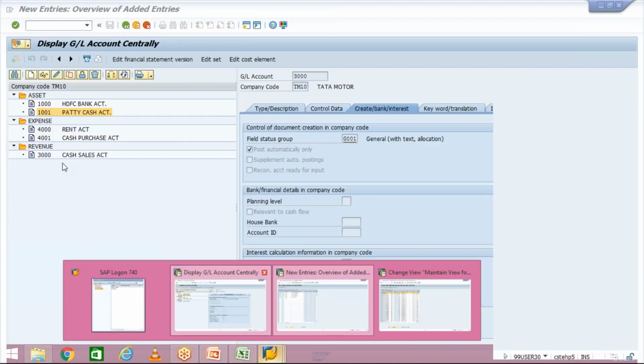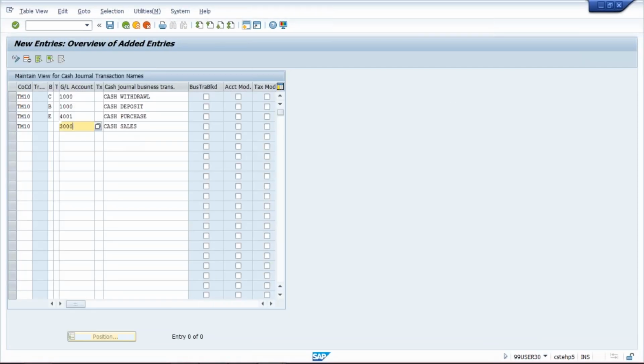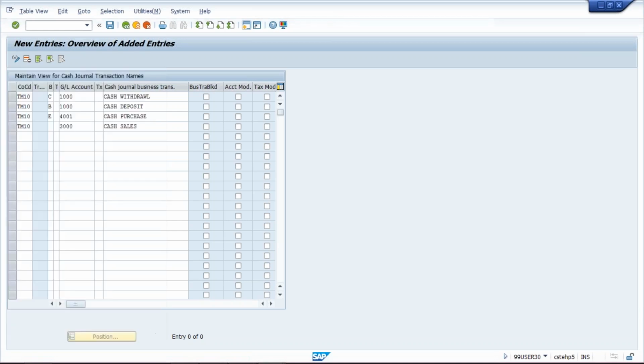If you see here, cash sales 3000, so I have given 3000 GL here, and now click on the drop down and double click on revenue. So we have done with the configuration. Press enter and then save it.